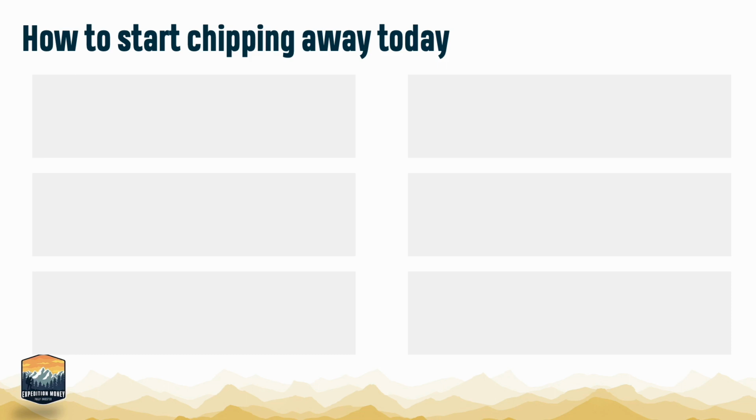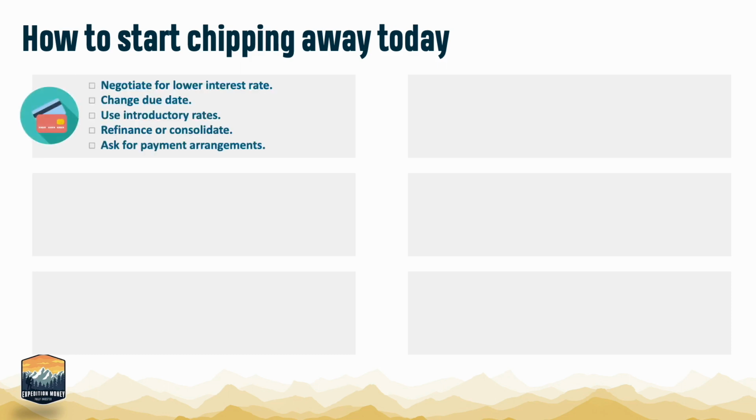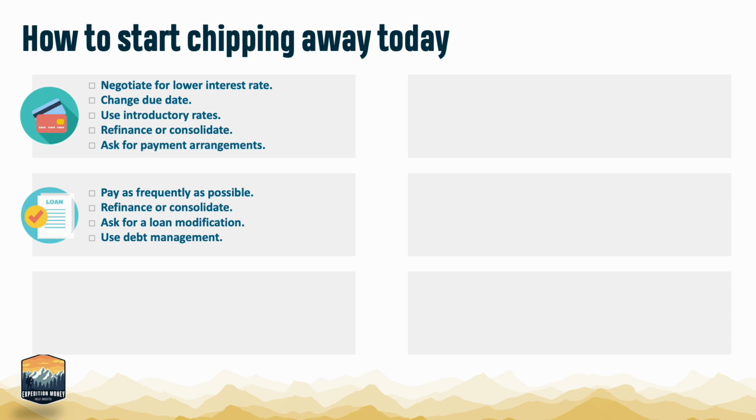As I mentioned at the very beginning, I want to provide you with some simple checklists to make debts more affordable and get the ones that are behind caught up. So here's some basic checklists that you can use for each type of debt, like credit cards: getting a lower interest rate or a change of due date, using an introductory interest rate when appropriate, or consolidating, or working with your credit card to get a payment arrangement. Personal loans or signature loans: how we can avoid falling behind by making our scheduled payments as soon as we're able.